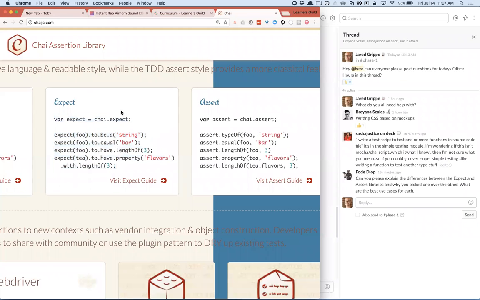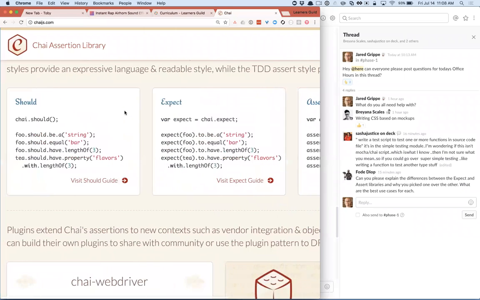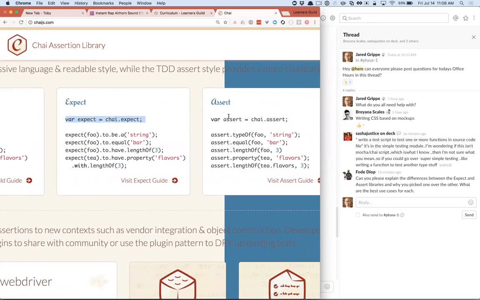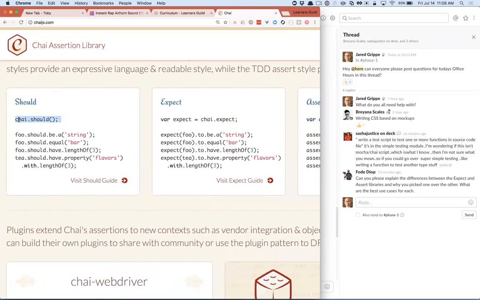But I like both of these a lot because they keep all this logic in one place, unlike should. So you can see the difference here. In both expect and assert, we require a thing. Well, we actually just take it off of the Chai object, right? But in the should example, we actually call a should function in order to enable should. And that's a major difference. So should requires initialization. We have to tell the system, I want to use should. And the reason we have to do that is because we're not referencing chai at all here in our code.